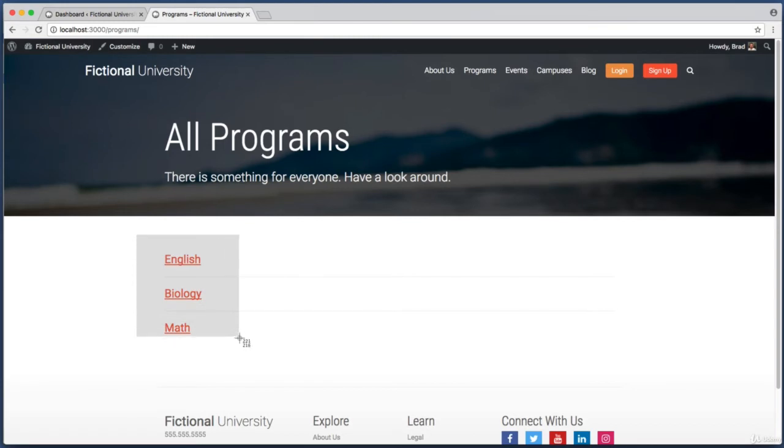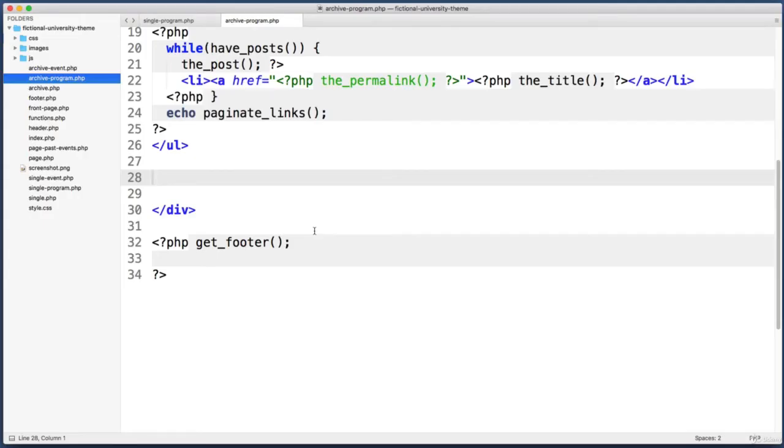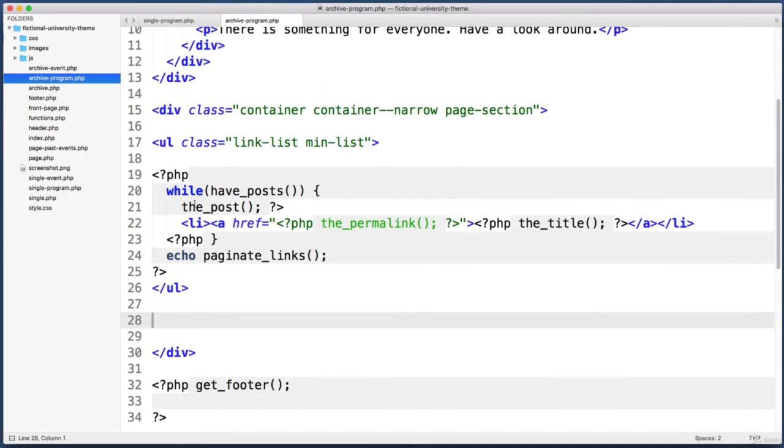Next, why don't we order the programs alphabetically? And let's also be sure to set the posts per page to -1. So even if we had 80 or 90 or 100 programs, they would all be listed on this one individual page. So to adjust this query, our first instinct might be to go into our archive file and right before